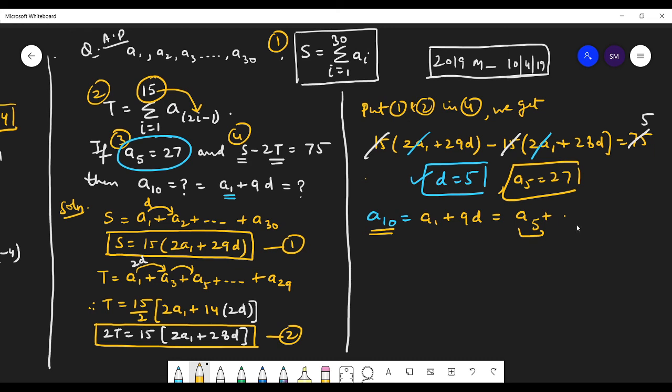A5 के बाद कितने डी ऐड करोगे? फाइव। बेटा एक बात था, A10 है, यहाँ 1 था ना, तो 1 के बाद कितने डी ऐड किया आपने? 9D।